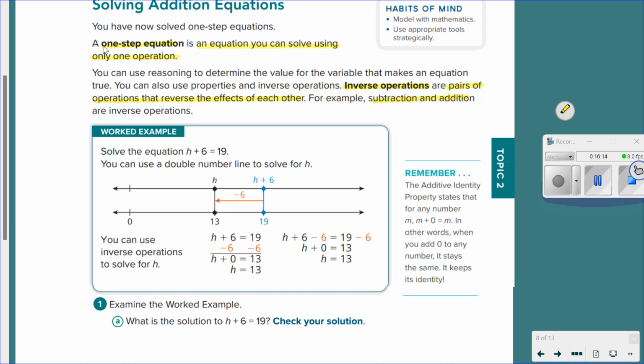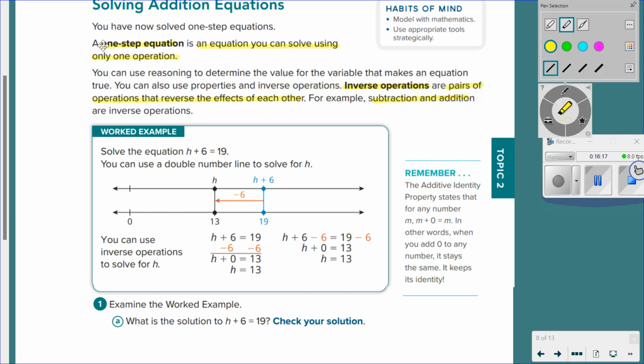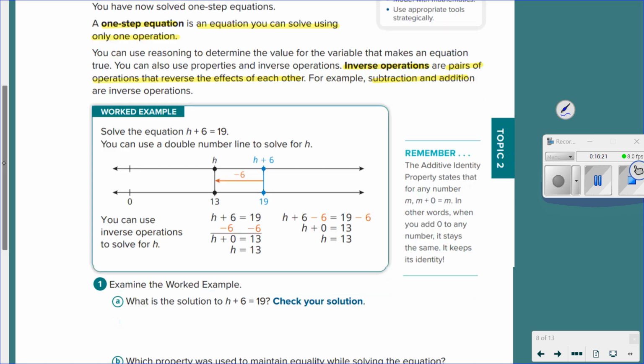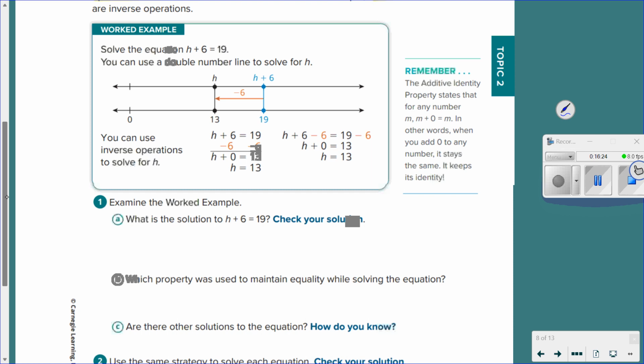Well done. Okay. So we're going to give you an opportunity to put these into use. And we're going to start to get away from the double number line. Double number lines were really nice for introducing the concept and helping you visualize what's happening. But quite frankly, it's really cumbersome to have to do that every single time when there are much easier ways to do it. So we're going to go now into showing you those easier ways. And it starts with writing your equation out. So 8 plus 6 equals 19. Once you've written it out,